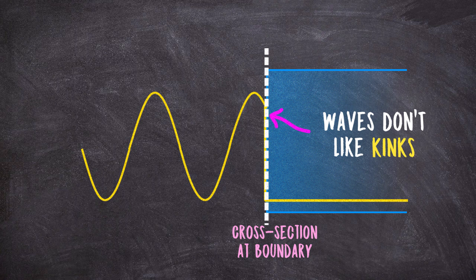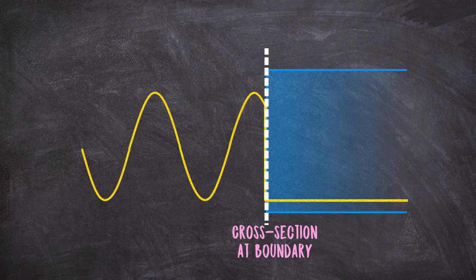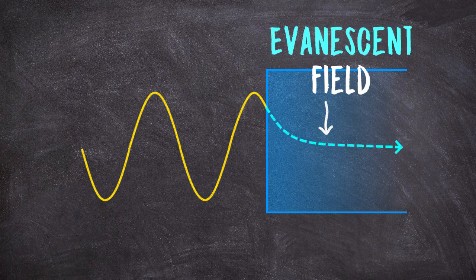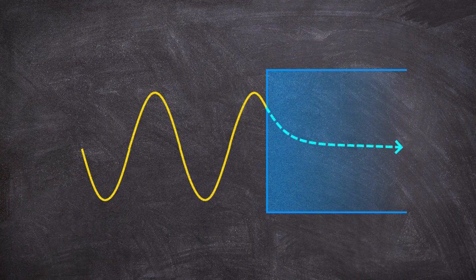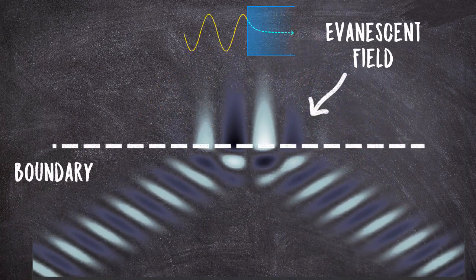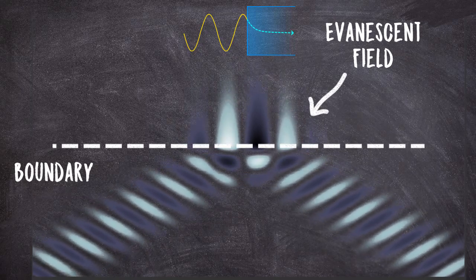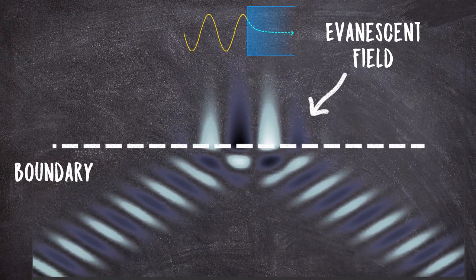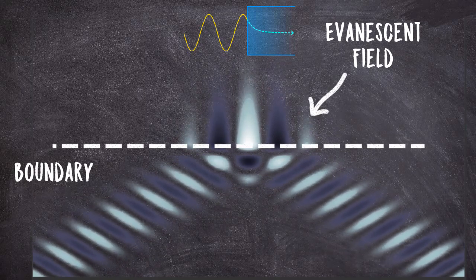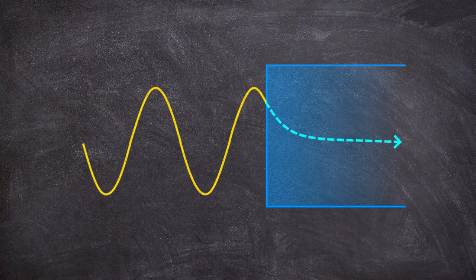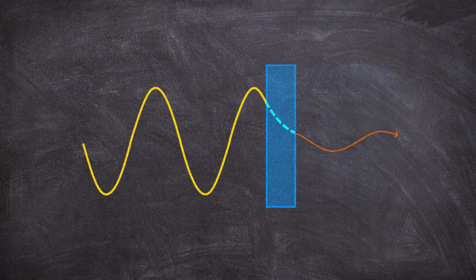So if no wave can propagate through the boundary, but it still can't just abruptly end, then what does it do? Well, it sets up a so-called evanescent field. It kind of leaks a bit, or continuously dies out into the boundary region. It doesn't propagate, but it's still there. And it is this evanescent field that is at the heart of quantum tunneling. Because the thing is, look what happens if I have this perfectly reflecting layer, but I make the layer very physically thin.